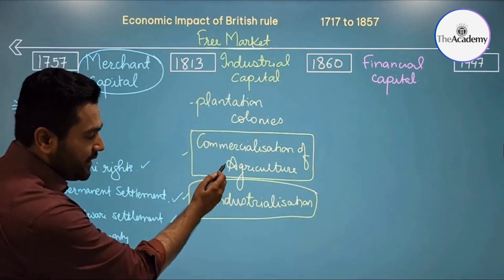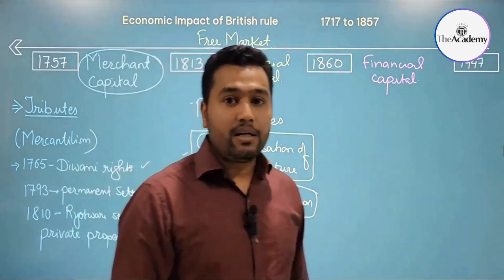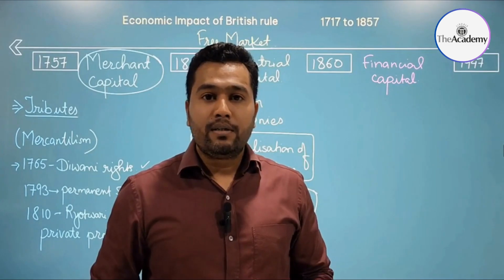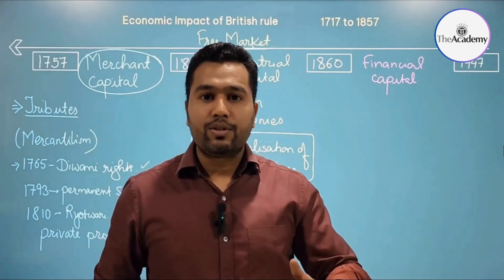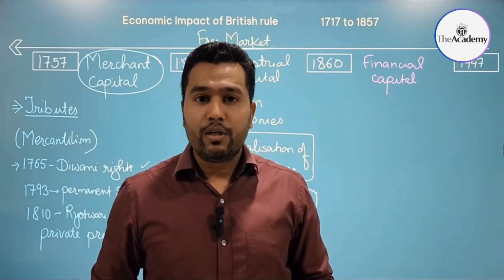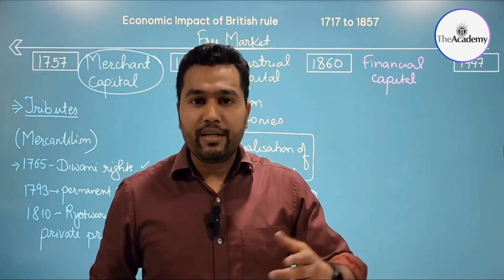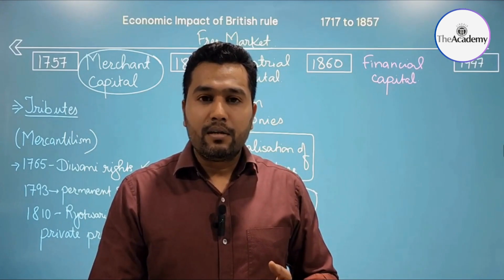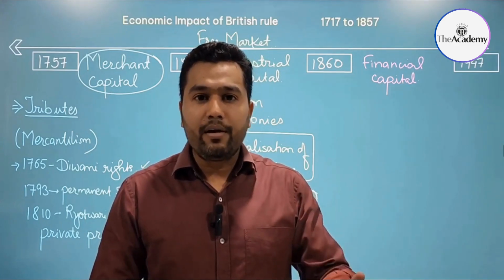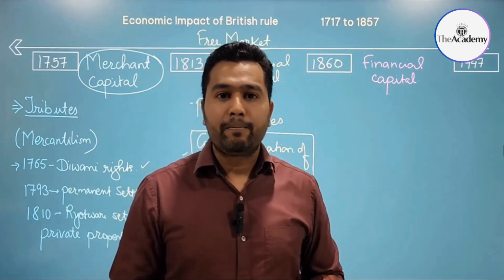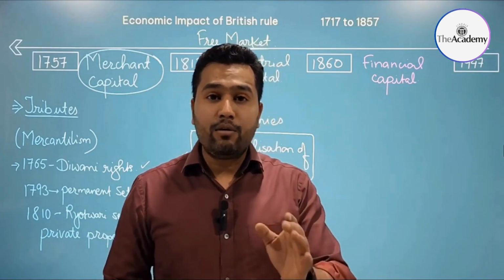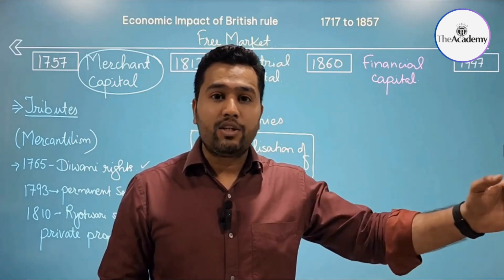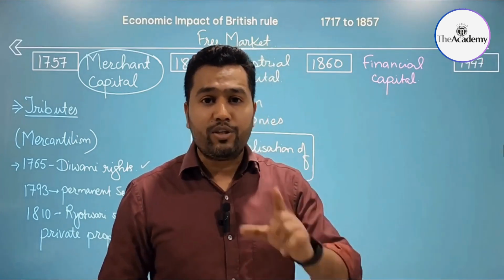When commercialization of agriculture and deindustrialization occurred, the traditional towns, their credit institutions, insurance institutions, merchant communities, and traders started losing their source of income and source of economic activity. And the work of these towns was taken away by larger towns which were growing under English patronage. For example,